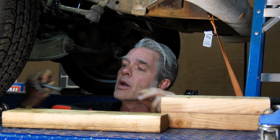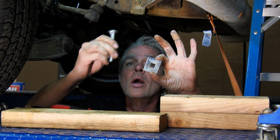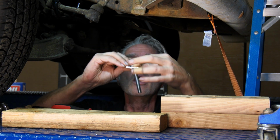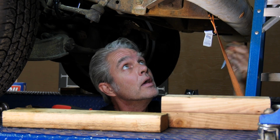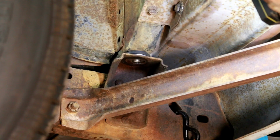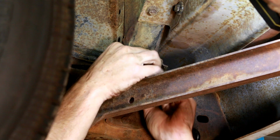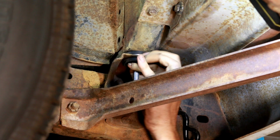Now I've got the new bushing and washer up there. We're going to take this washer, the squared washer with a squared hole. We're going to put our carriage bolt up on there, and then I'm going to go ahead and slide this guy in. Now you're able to do this right through the grill above the bumper. So my bolt's through. Now I'm going to take a rubber bushing. I'm going to go ahead and put it up on there. We get the metal